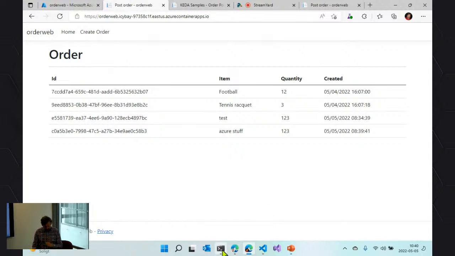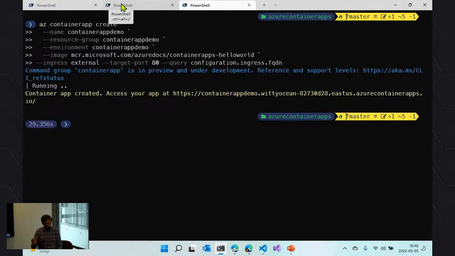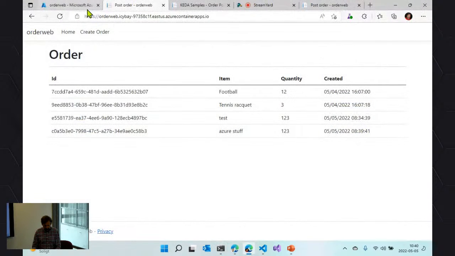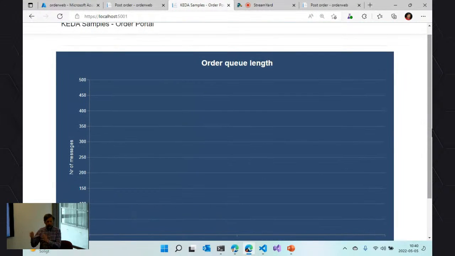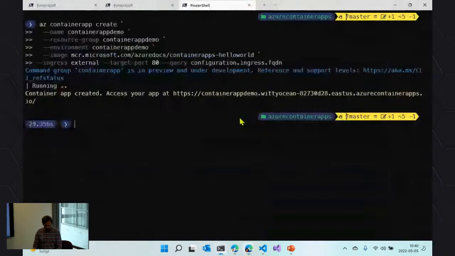So I have a little application that I will run to send a lot of orders. And then I also have a little web app that shows the queue length of my service bus, which is currently 0. This makes it a little bit more interesting to have something to watch when something scales. And I also want to be able to look at how many instances I have running of that order processor. They used to show that in the UI. They don't anymore, but we can